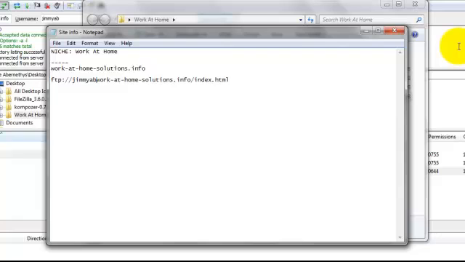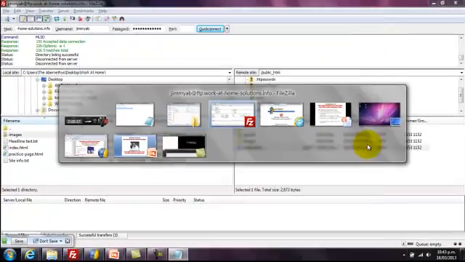We'll backspace that till we get to this here, //. Then we want to go here and take the F out of there and replace that with HT, so that we've got this http://workathomesolutions.info/index.html. That is actually the full URL for our website. So we're going to copy that, Control C, we're going to go back over to our